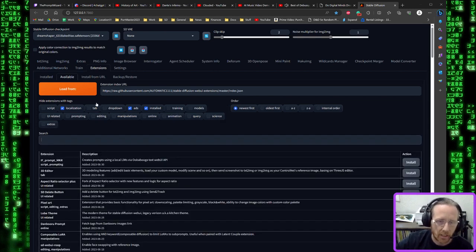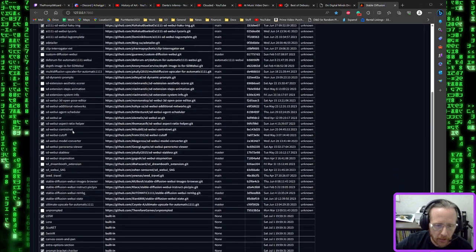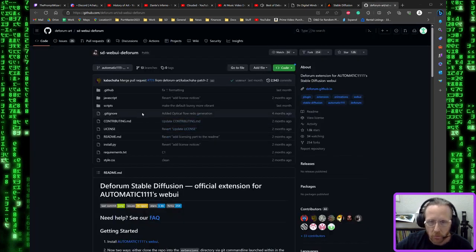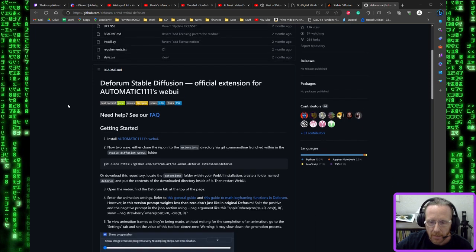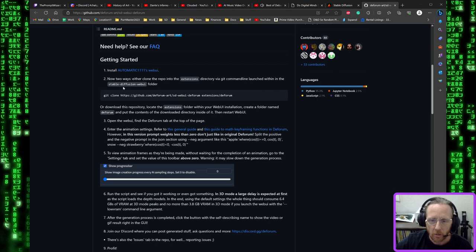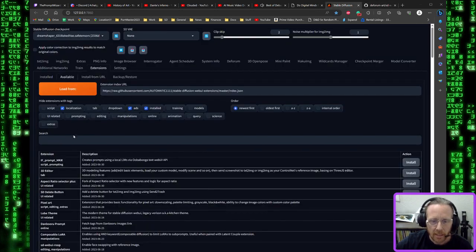Now I have it installed already, so it won't appear in the list for me. Where is it here? Here it is. Okay. And here's the GitHub page for it. Okay. And it talks about how to install it, but you can just install it from the Stable Diffusion thing. So you go to Available, and you search for Deforum, and then you hit Install, and then